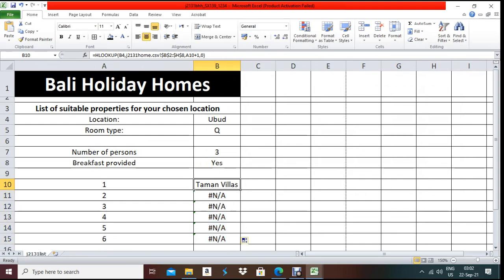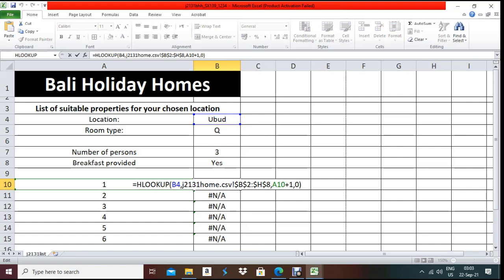Because you check the first one, here lookup value is B. As per the characteristic of Excel, when you apply the formula down cell, automatically it will change the cell address. So here lookup value was B4. Now if you check this formula, lookup value is changed B5. So it should not be, because always lookup value will be the location. So in that case, what you have to do, you have to make this one absolute cell reference, that is